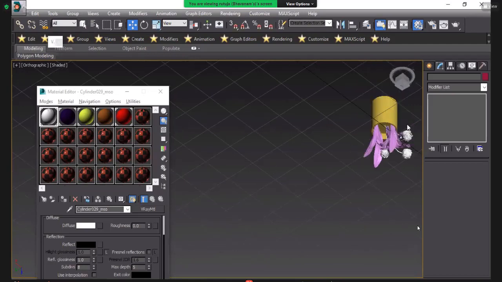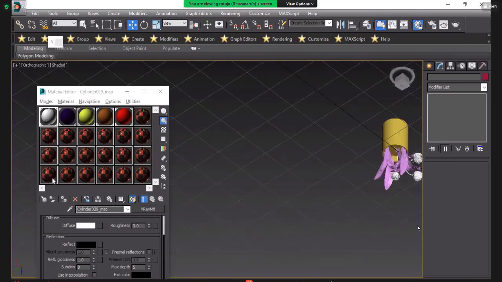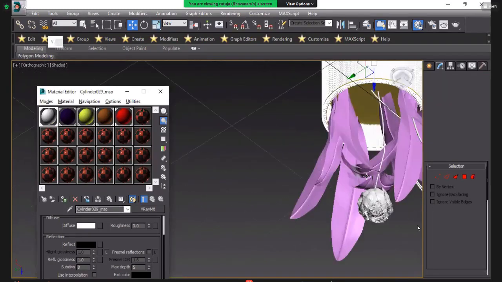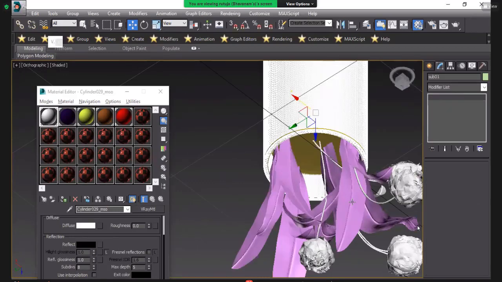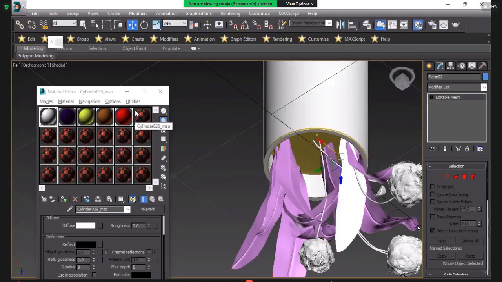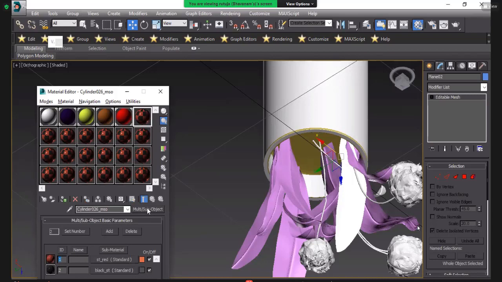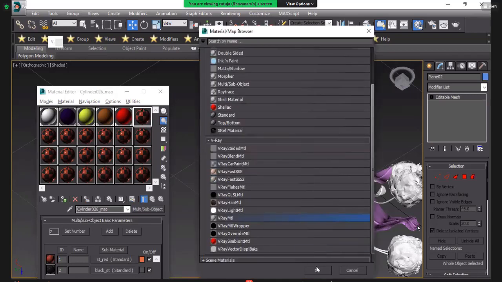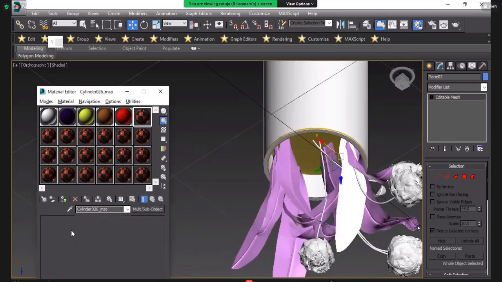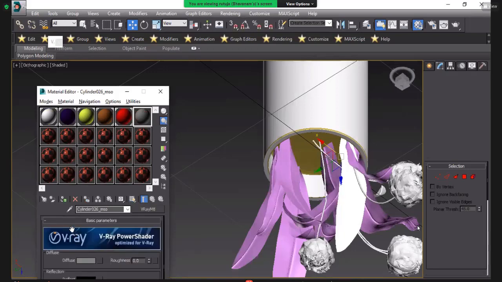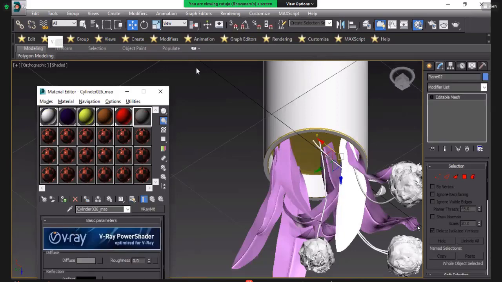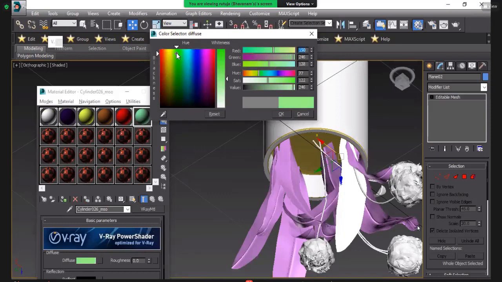So now what we can do here, I will change the color of these leaves also. Take V-Ray material. Take a green color. I will take fresh green.